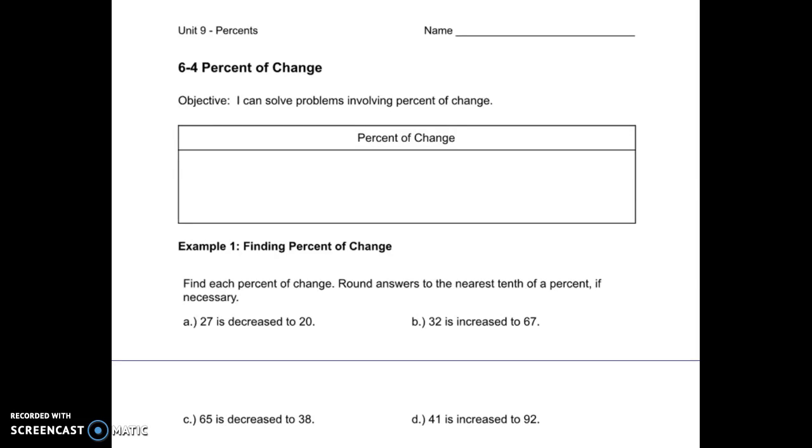Okay, today's lesson, we're going into percent. So the first thing we're going to talk about is percent of change. So our objective, I can solve problems involving percent of change. So in this box here where it says percent of change, we're going to write a few things we need to remember. So percent of change